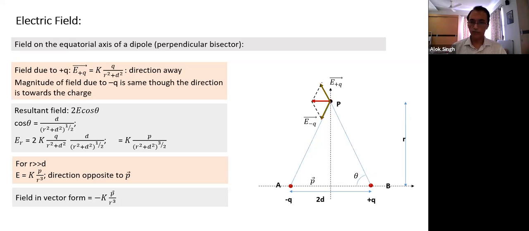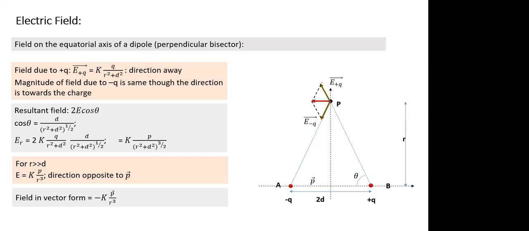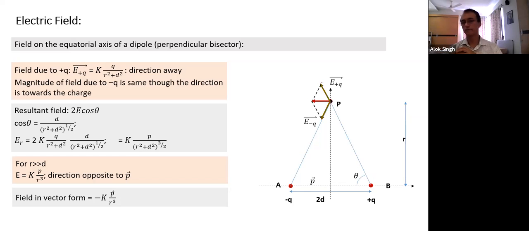If I draw a circle with the origin as center and OP as radius, in which plane am I drawing it? I am drawing a circle in the YZ plane. Will the field at all points on the perimeter of the circle be the same or different? So what is the equation of the circle? The locus of the point is y square plus z square is equal to r square, r being the distance OP. Will the field at all points on the circle be the same or different? Same, all points are the same.